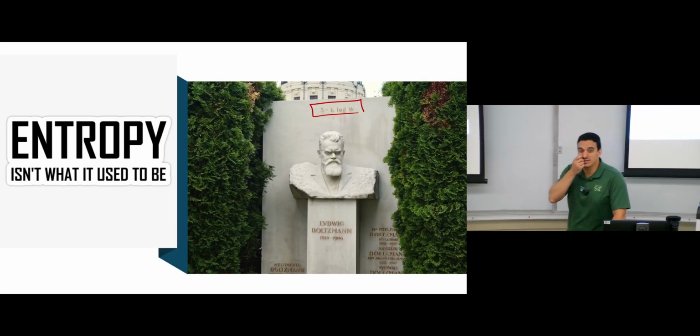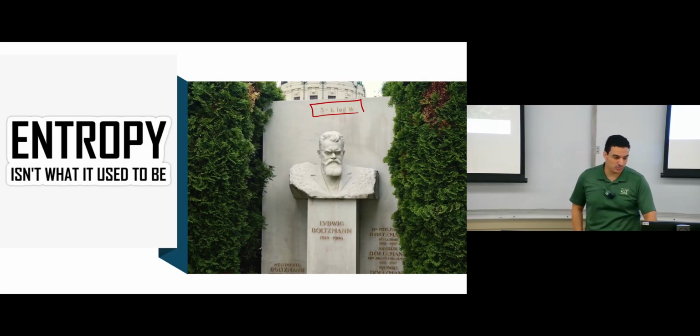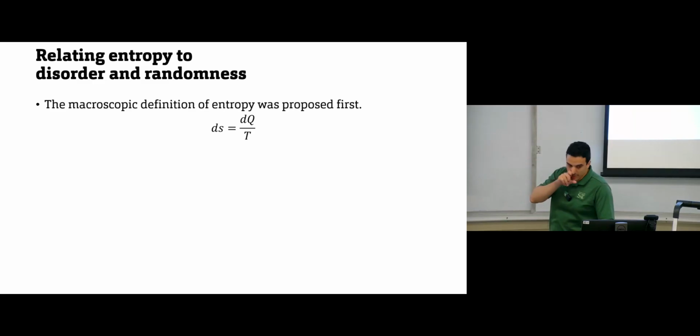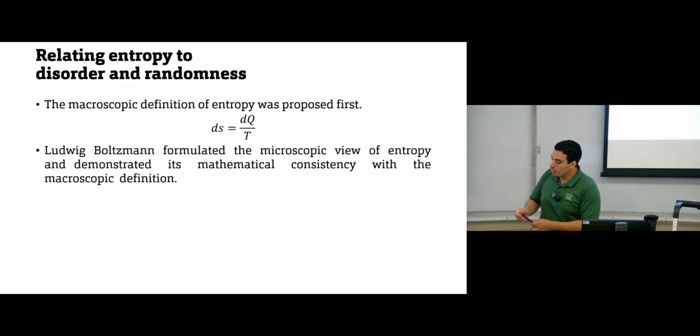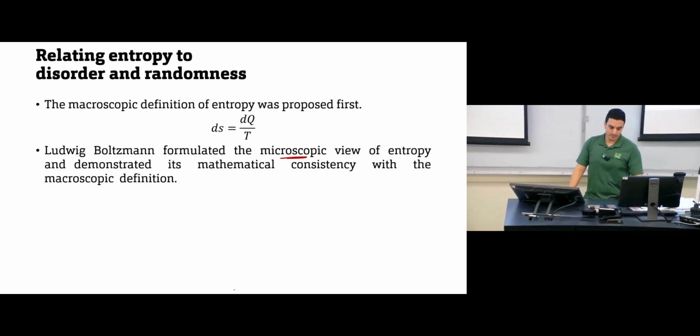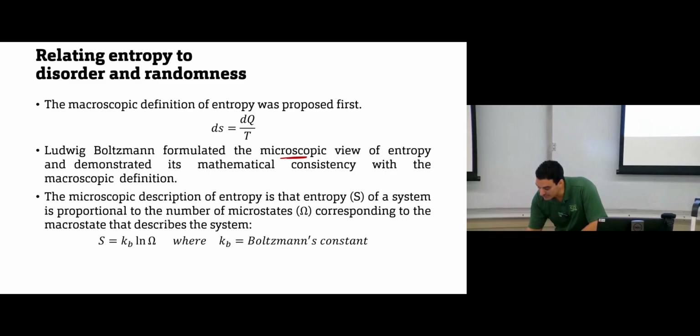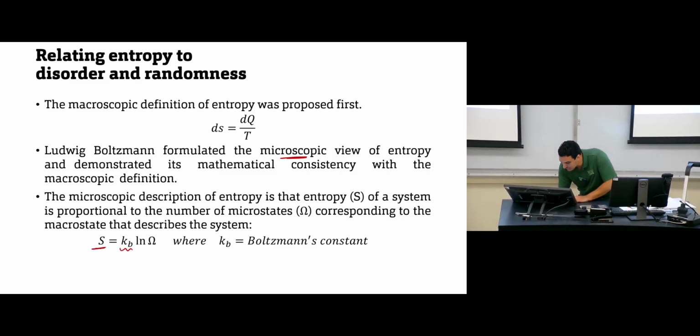And Boltzmann said, okay, what we know about entropy is not everything. We have other things to know about entropy. This is what we know so far. Then he introduced statistics into thermodynamics. He applied something called statistical thermodynamics, and he said we need to look at the microscopic view of entropy. Based on this microscopic view, he ended up with an equation: the entropy is the Boltzmann constant